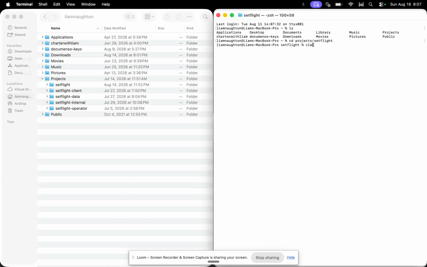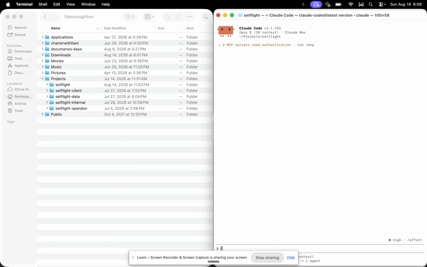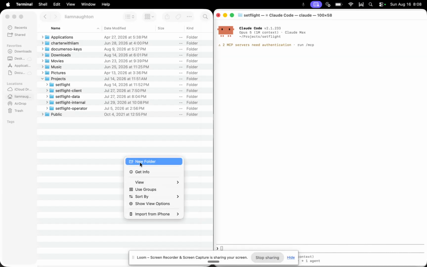Once you have Claude set up, you can just say Claude, and Claude will launch in this terminal window, specifically in this folder. And so why that's really useful is you can have different folders for different projects. So say SetFlight is one of my projects. I have other personal projects that I want to do. I can just create a new folder here and title it whatever the new project is, and I can have